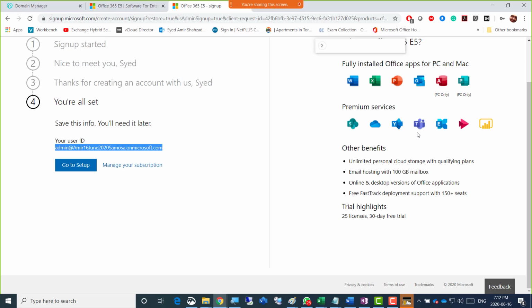And all right, so then go to setup. Well, we can go to setup as well, but we're not going to actually set up. In fact, we can if you want to add the domain now, but we don't have any users.